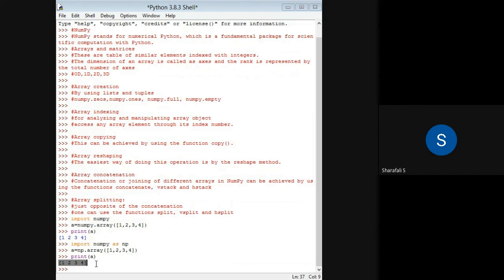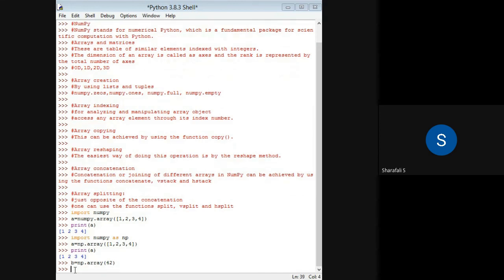So this is a one dimensional array, and if you want to get the zero dimensional array, you just have to type, for example, b equal to np dot array, and write just a single number, so array 42.